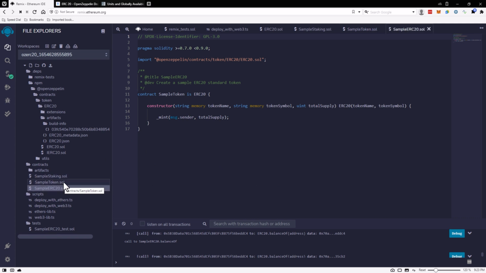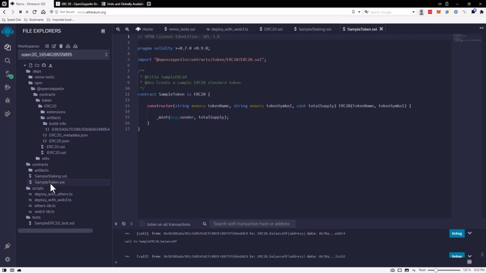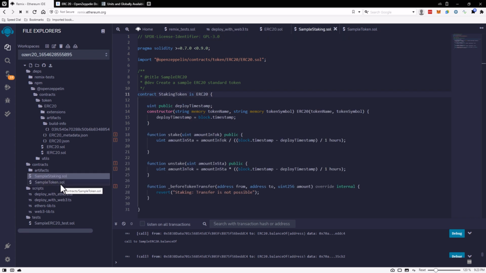Why is this popping up here now? What is that now? Do we have two files now? I don't know. Remix is not ideal for smart contract development. That's something for sure that I can say now. And this one we can call